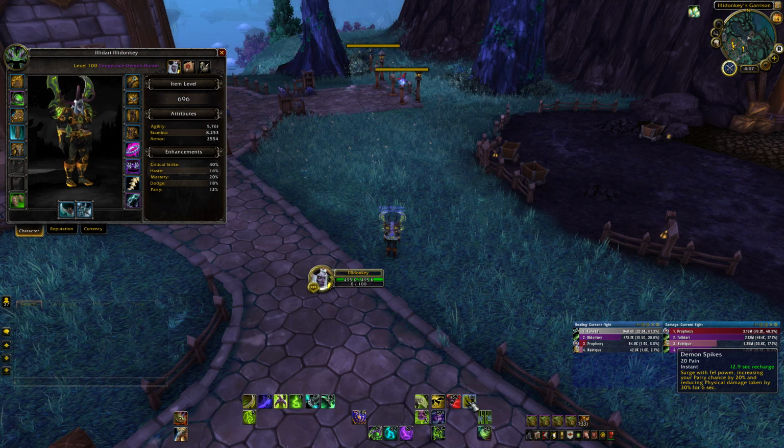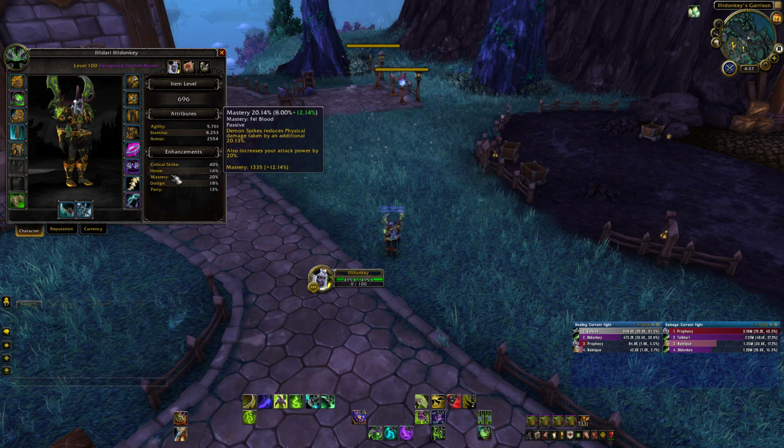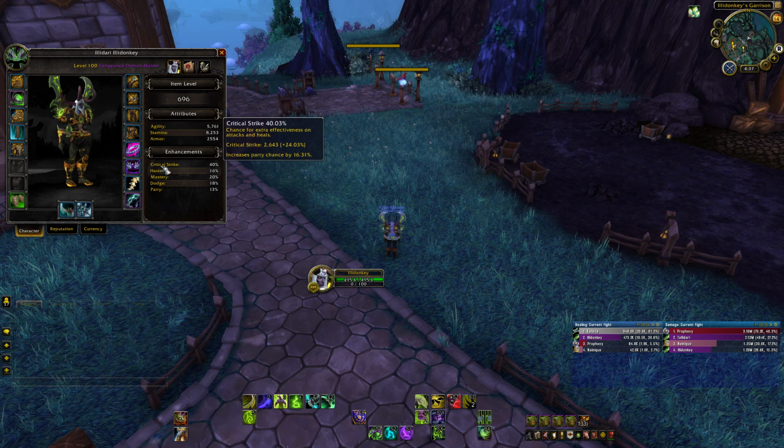So haste pulls ahead of mastery a little bit, but mastery is also very, very good because it does increase the amounts of damage that your Demon Spikes does reduce, as well as increasing your attack power, which is kind of a side bonus. Critical Strike literally just gives you parry chance in terms of defensive abilities and survivability, so